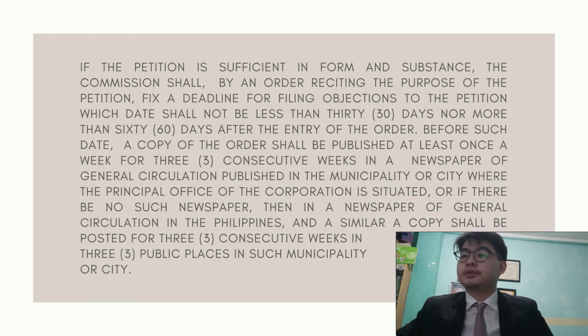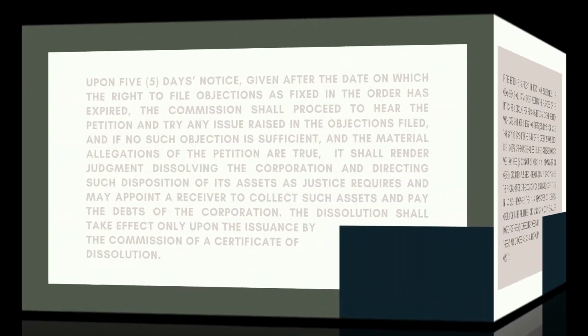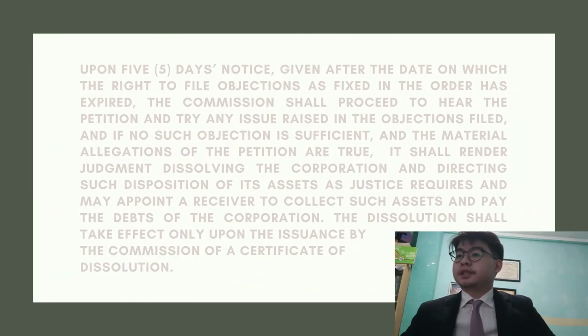Now, if there are people who will object to the dissolution, these objections must be given not less than 30 days nor more than 60 days from the time the order was issued by the SEC. After 5 days from the time to file objections has expired, the SEC will now hear the petition and will decide on any issue if there are objections. A hearing will occur; if no objections are present and/or sufficient to stop the dissolution, and the material allegations of the petition are true,